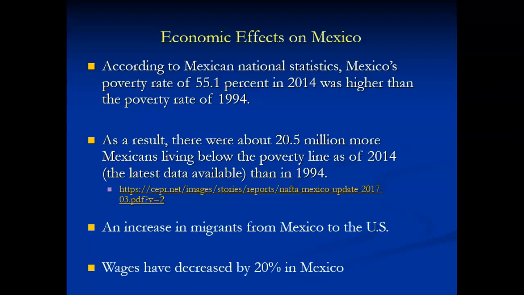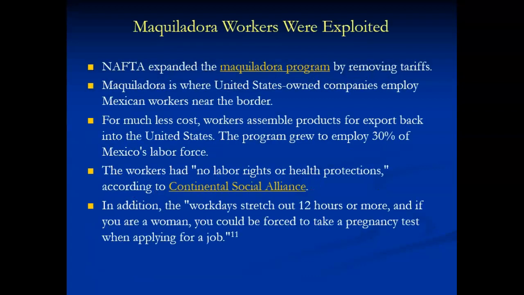And yet the U.S. Congress has still not taken action to make it easier for Mexicans to come into the U.S. to work, particularly in the U.S. agricultural industry, where they are needed. They are extraordinarily important to the agricultural industry in the United States, and the U.S. Congress needs to act to allow that to happen. And then you have wage decrease in Mexico as well.